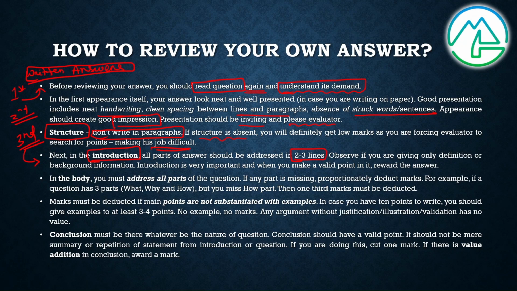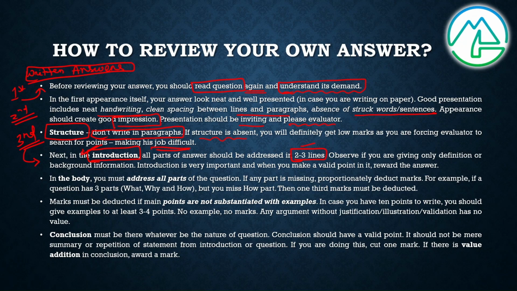Then the content should be relevant as per the demand of the question and not something that you know, right? अगर सिर्फ definition लिख रहे हो या you are making valid points or a holistic coverage of the question itself, then see how you are writing your introduction. If you are writing only definition and not the thesis of the question or the demand of the question, then you should deduct half mark or 1 mark accordingly, because this introduction needs to incorporate the essence of your total answer, right? So 2 to 3 lines based on the demand of the question and not only definition.